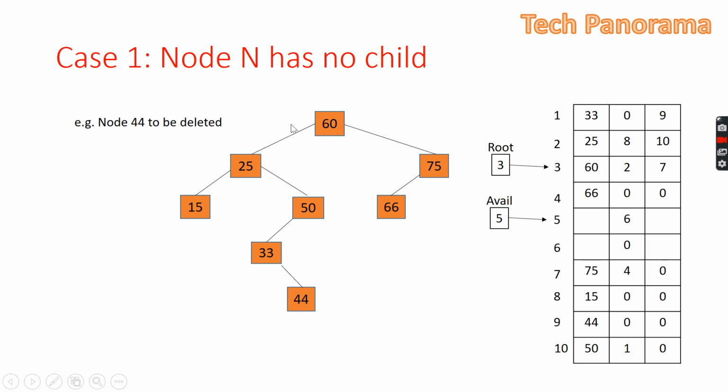During this operation, first we will traverse to the location of 44. We will compare 44 with 60, the root. As 44 is less than 60, we will move to the left side. Then again we will compare 44 with 25. As 44 is greater than 25, we will move to the right part. Again we will compare 44 with 50. As 44 is less than 50, we will move to the left side. 44 again is greater than 33, so we will move to the right. Here we compare our item with the right of this, or we can say the PTR, both are equal. Then our processor will stop here, so it will set the location as this and the parent as 33.